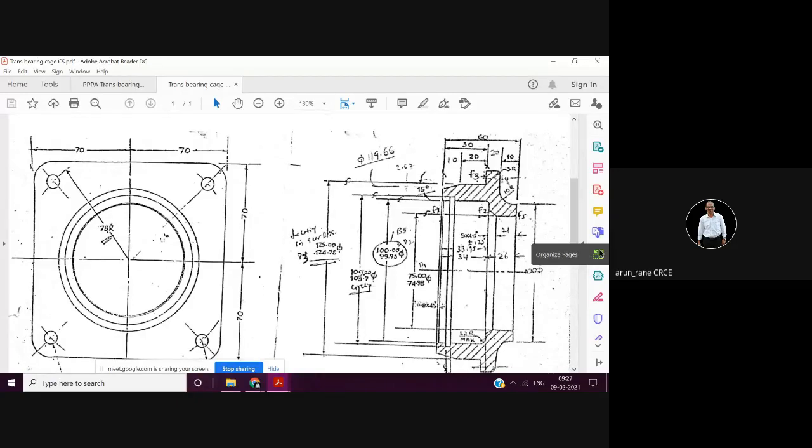The insert manufacturers are generally Vidia, then Sandvik, Iskar, Kennametal. Out of which, in the beginning Vidia was popular, then Sandvik captured the tooling market, then Iskar and Kennametal. Now Iskar is just nice. I am not branding Iskar. I mean, cost wise and quality wise, Iskar is better, but the trend is to go for Sandvik because of its reputation, as well as costing, as well as उनका support, the service support है.